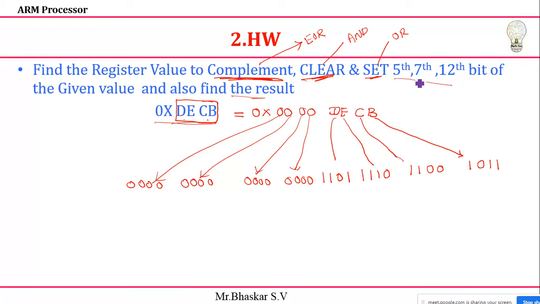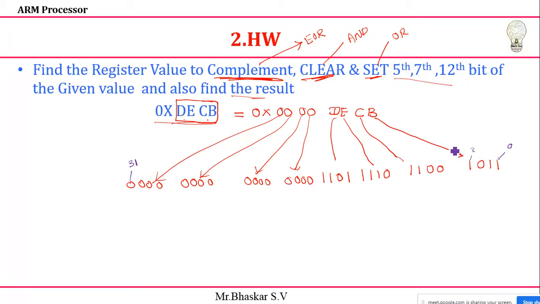They are telling 5th, 7th, 12th, so remember this is a 32-bit value representation. This bit is the 31st bit. Having a total of 32 bits means we start from 0. What is a common mistake? Okay, 5th, right? We'll start 1, 2, 3, 4, this is the 5th bit, and you are changing this one. That is wrong. You need to start from 0: 0, 1, 2, 3. It is my third bit.